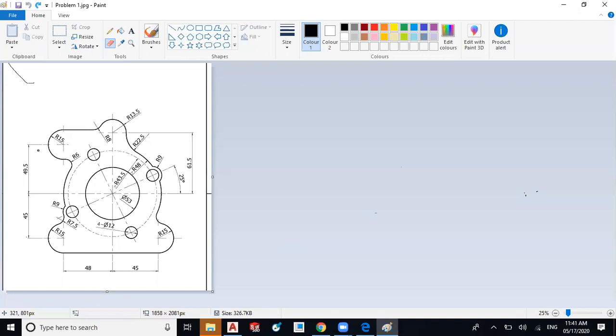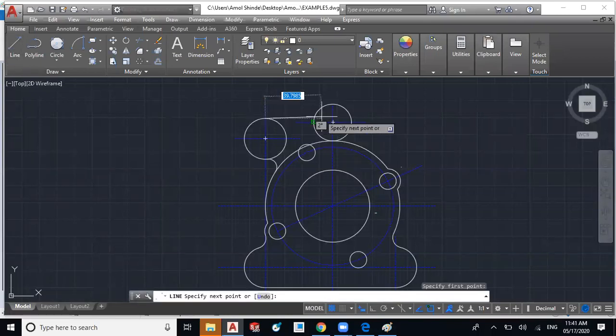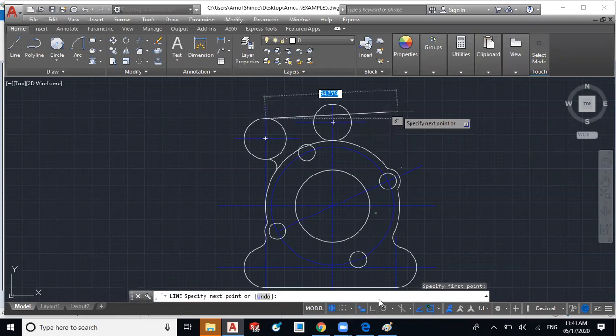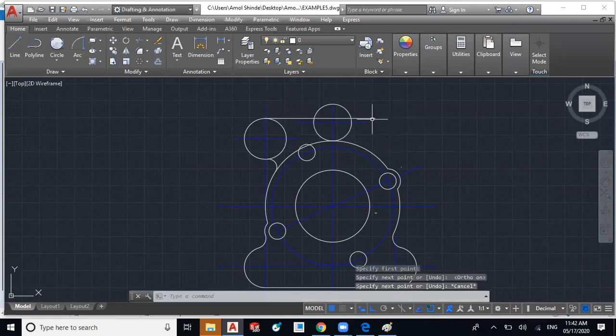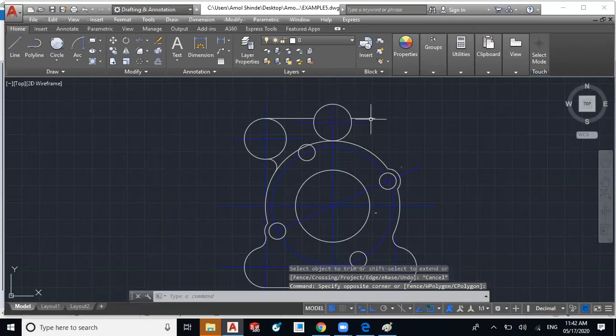Another we have to draw the straight line from the quadrant point of the top circle. Okay, from this we have to draw the horizontal. Ortho mode should be on. So drag it over the circle, and now use trim to get an exact point on that circle. Okay, yeah, delete this portion.